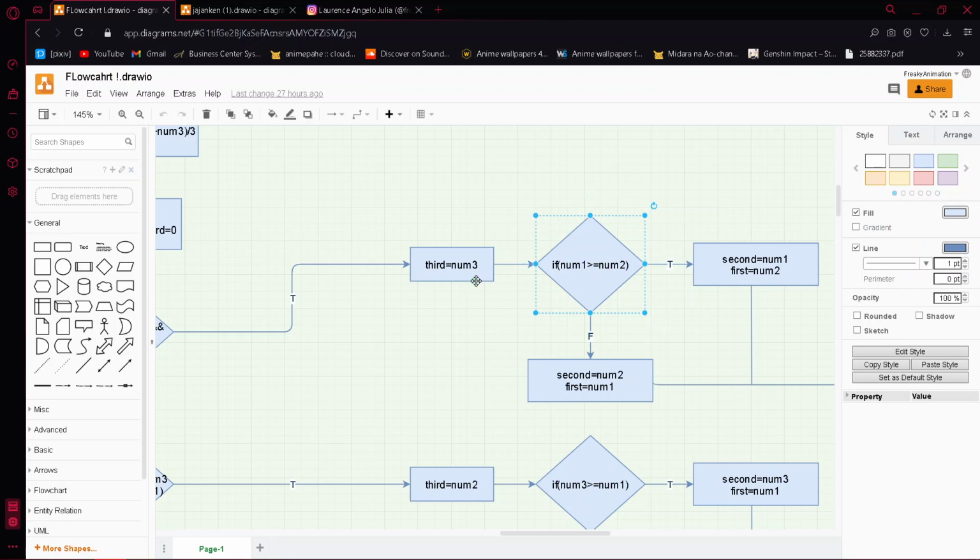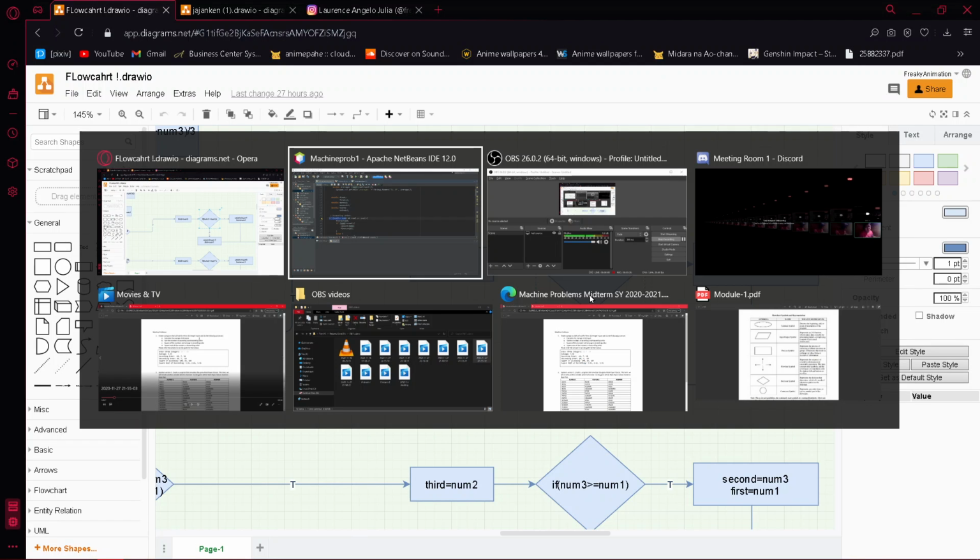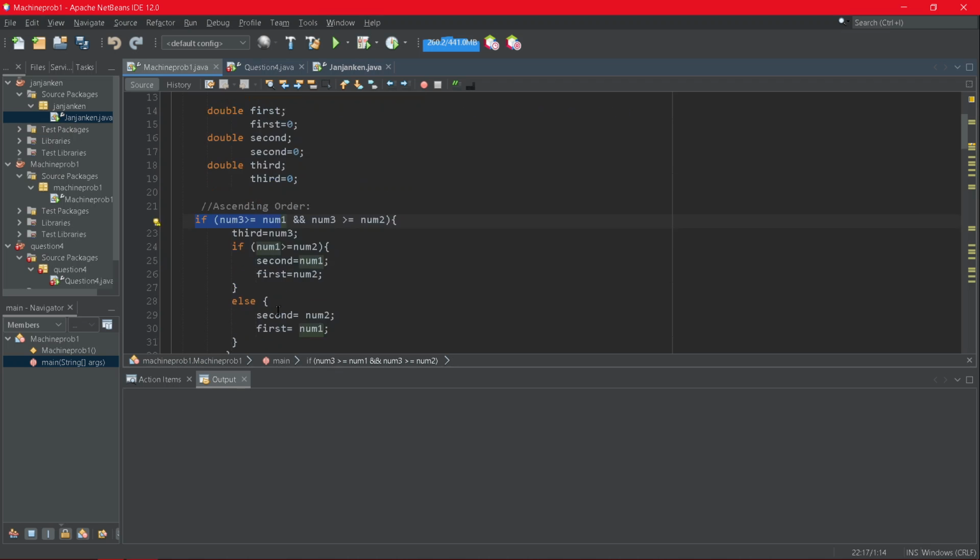Then you need to create another decision symbol: if num1 is greater than or equal to num2. As shown in the code, if num1 is greater than or equal to num2, then second is equal to num1 and first is equal to num2.